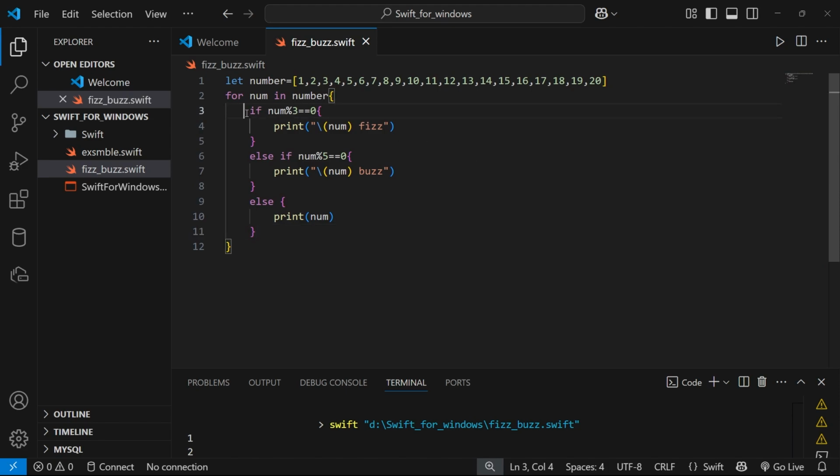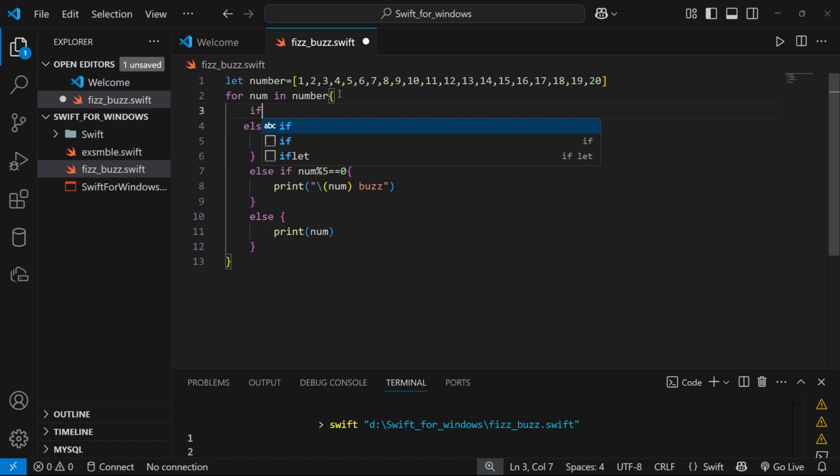We want to change this condition to an else condition, and add one more condition here: if num modulus 3 equal to 0 ampersand ampersand num modulus symbol 5